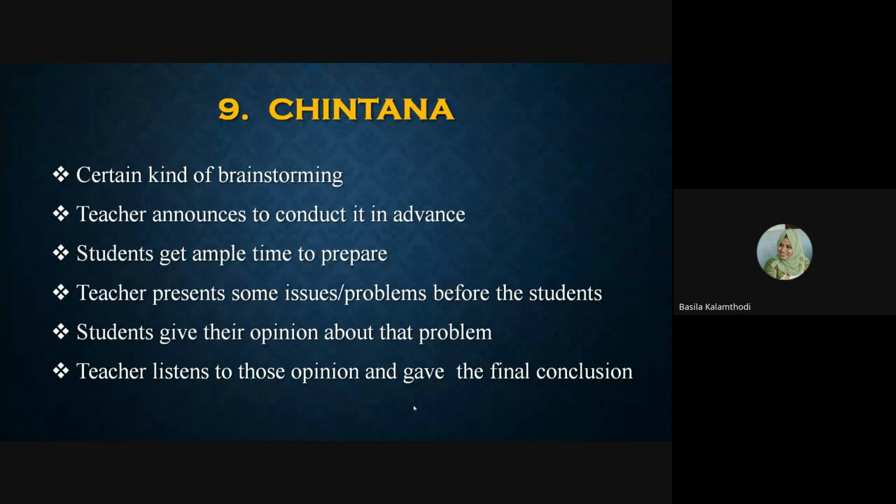My friends, have you heard about the term brainstorming, my friends? Yes, sir. So what is it? Particularly if you talk about the political parties, when they lose the elections, in order to know the reasons why they lost, they organize a brainstorming session. Have you heard about it, my friends?